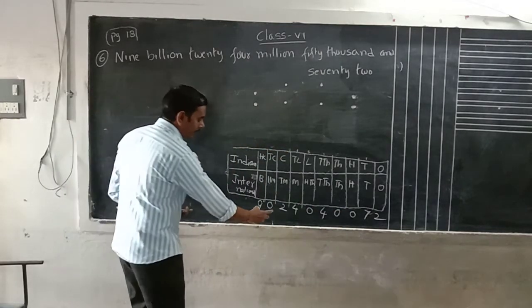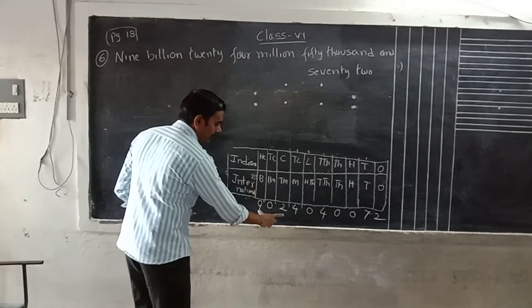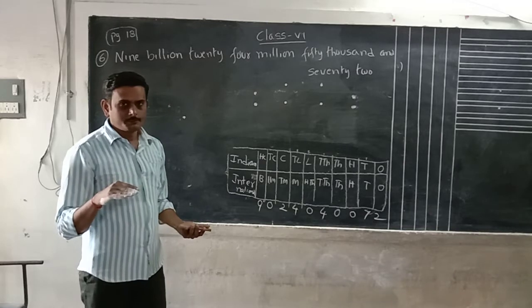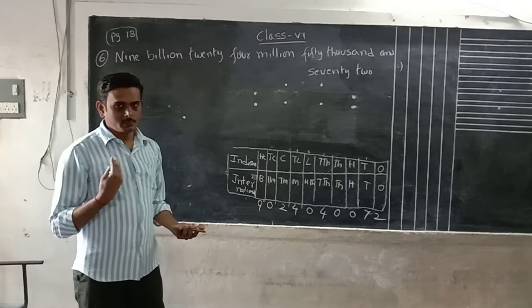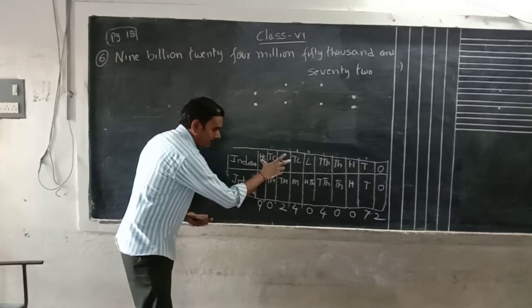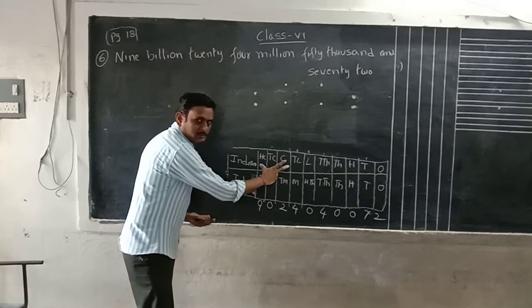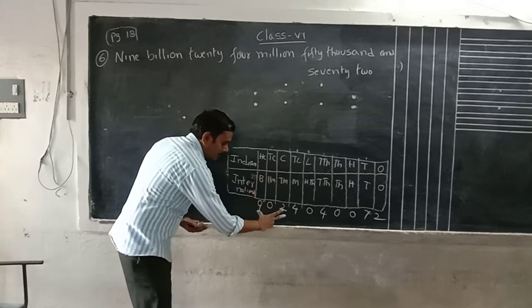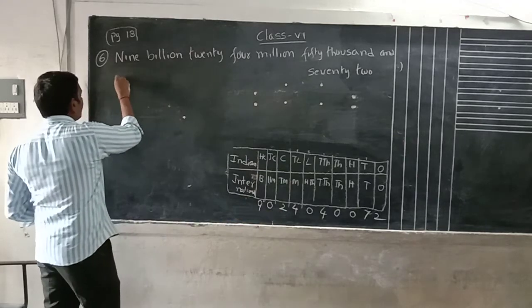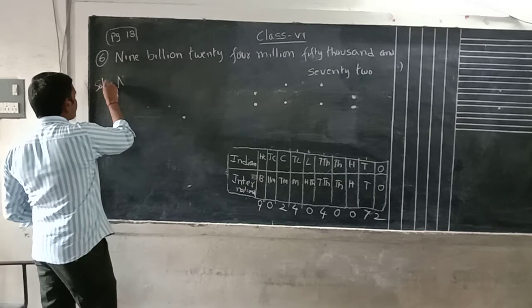90 is located in the crores place, having 900. That means up to 10 crores only we are able to know. After 10 crores is 100 crores. So we have come to the crores place: what is the number here? In crores means these three boxes, crore related. These boxes have 902. What can you write? 902.